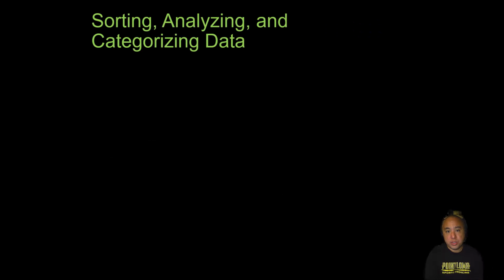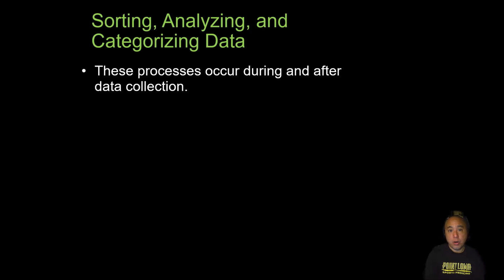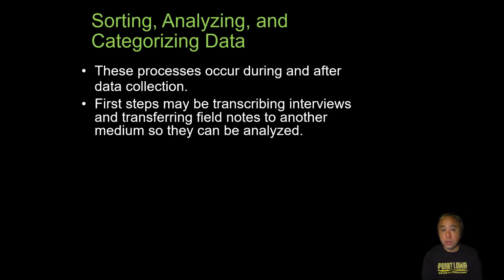Okay, so let's take a look at some of the procedures involved in qualitative data analysis. These processes of sorting, analyzing, and categorizing qualitative data occur during and after data collection. One of the first steps is to transcribe the interviews that we perform with these participants. As I mentioned earlier, I recommend getting a voice recorder or a recording app on your phone and just setting it aside and asking the questions of your interviewees. After the interview, you can then use a transcription or dictation app to put everything in writing, into a Word document, for example.